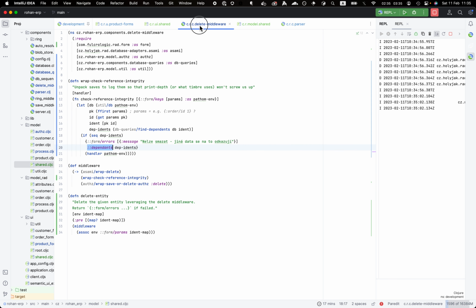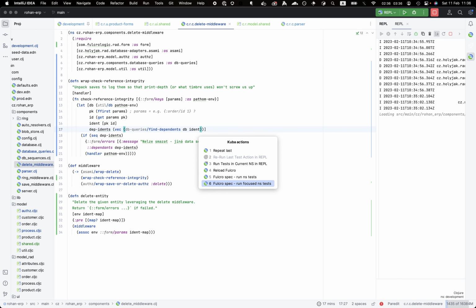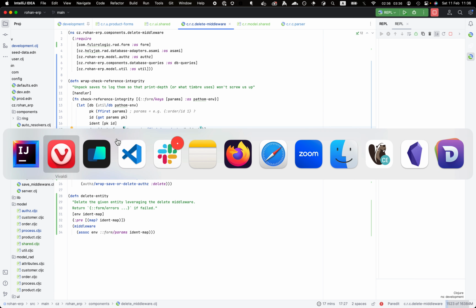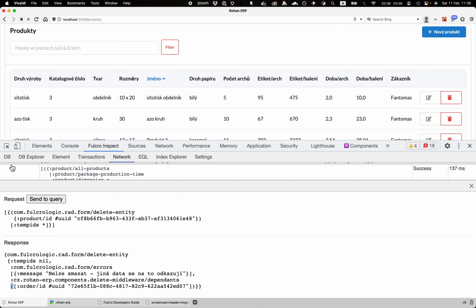If I go to the delete handler, we got it here from, yeah, so let's just turn that into a vector back. We changed something the parser is using, so we have to restart. And now if I delete everything,